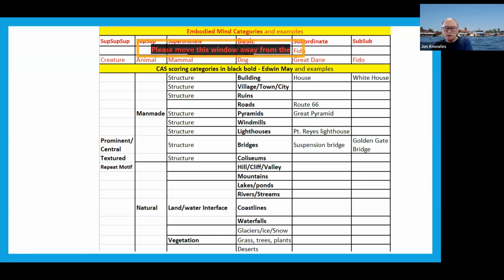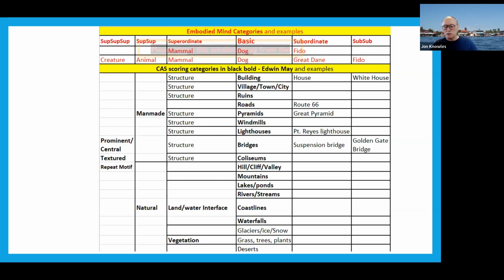So at the top in the center, there's the word basic, and under it is dog, building, and so forth. That's the basic level in embodied mind theory, which is a mainstream cognitive research field. And I found that it's very appropriate to describe remote viewing data: the data mainly comes in at that level. It doesn't come in at the subordinate level, the column to the right, where you have Fido, Route 66, Great Pyramid. Sometimes it does, though, and usually it's written as an AOL in CRV type methodologies.